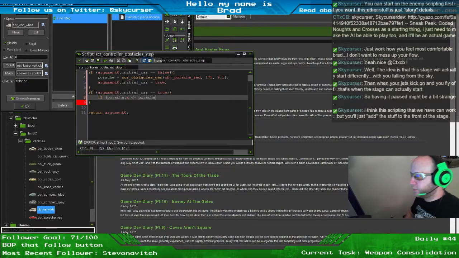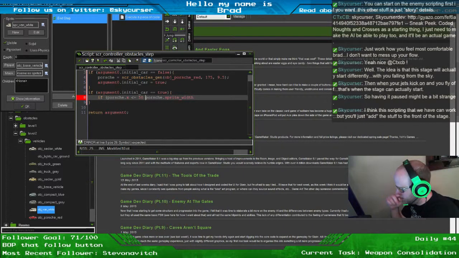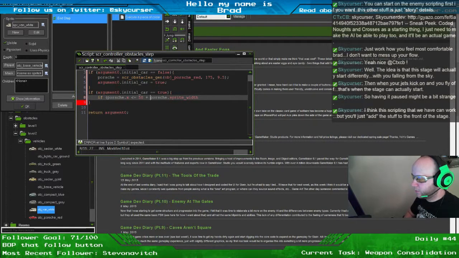Horse dot sprite width. And this is equal to 50 plus, and then there's still some math here that I need to do. Porsche dot